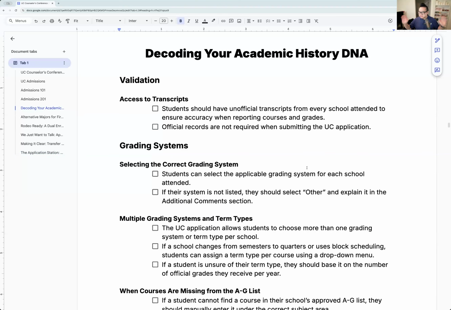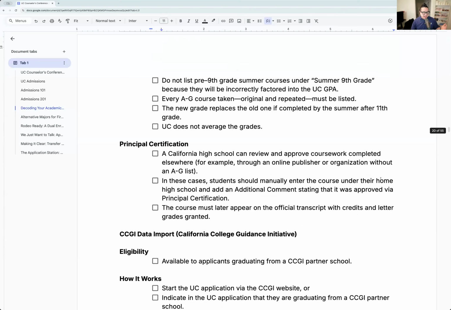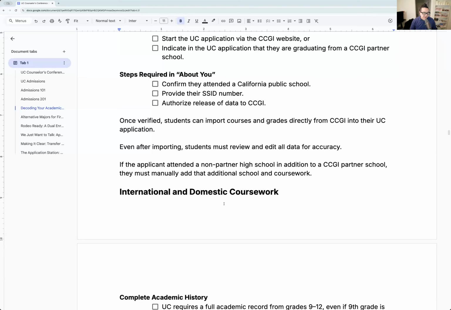Academic. Again, you have access to this. You guys can go through it. Our team is pretty good with notes, so everything was spot on. But basically, the academic section is talking about sharing everything, and the new software is called the California College Guidance Initiative, where you can put your grades and push it to the UC app as well.